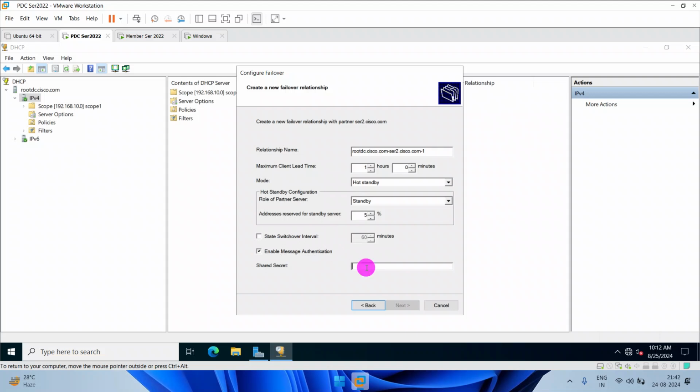Enable message authentication will remain active, and I'm just typing 1 2 3 4 5 6. You can type anything here, 6 or 7 8 9, no issue. Alphanumeric will also be accepted here. And maximum client lead time, you can see 1 hour is given by default, but if you change this, there will also be no problem. So clicking on next